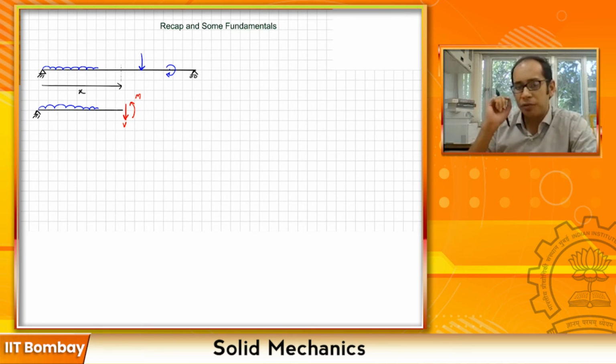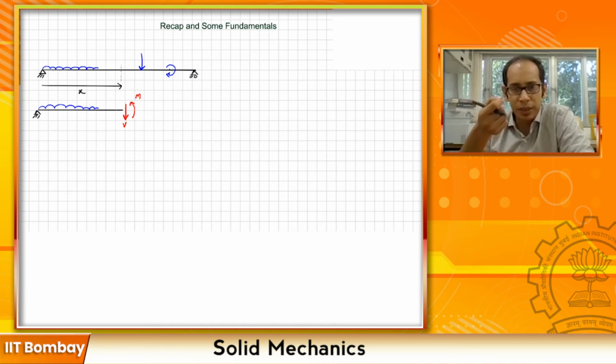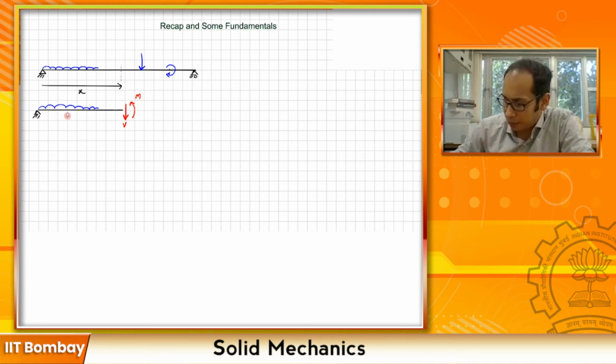So to find this V and M, essentially we just have to do the equilibrium of this left hand part. If you consider this left hand part over here, here you have a loading, here you have a condition which will have a reaction. Essentially it has a force, and all you are trying to do is find this V and M, and what you have marked over here is your positive convention for V and a positive convention for M.